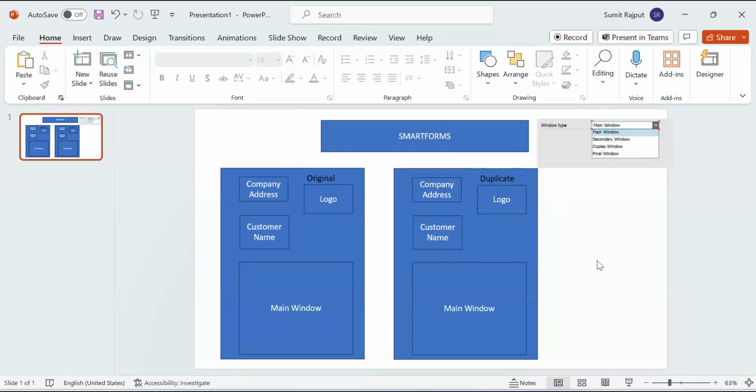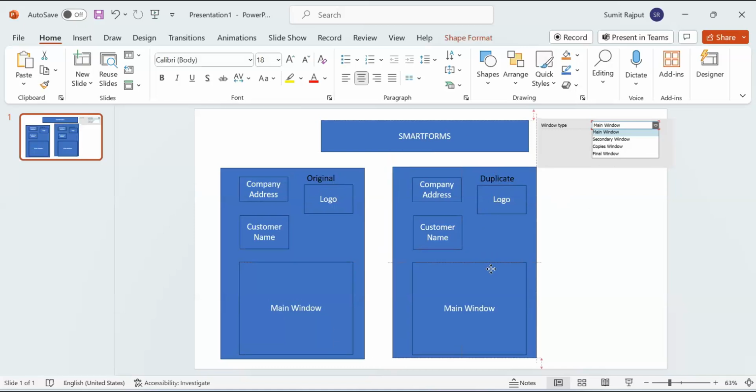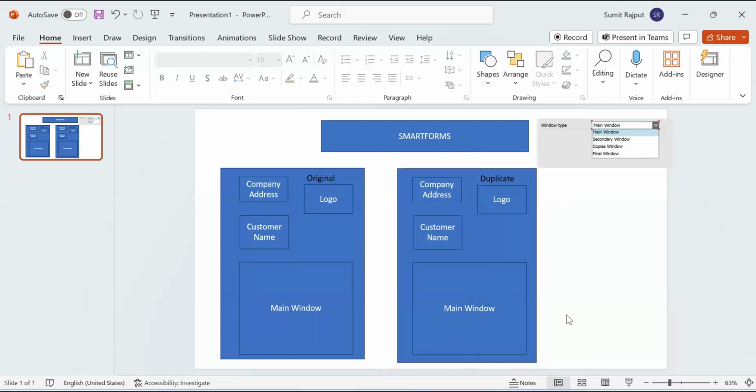Okay, and the last thing which we have is the final window. What is the final window over here? Final window means after everything is done, you have printed the address, your logo, your customer name, and your data as well. But at the last, let's suppose we want to count how many calls this guy has done in a month. So we cannot do this unless this is flowing